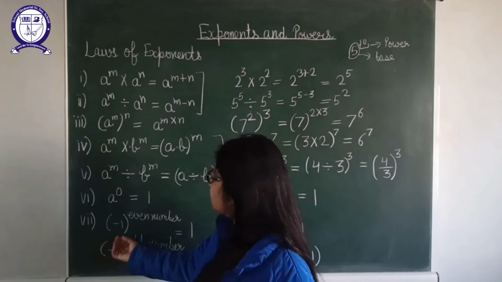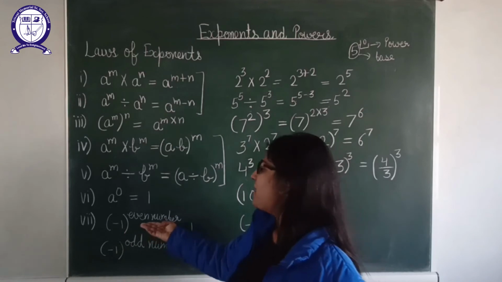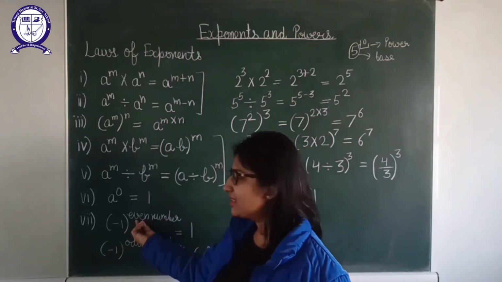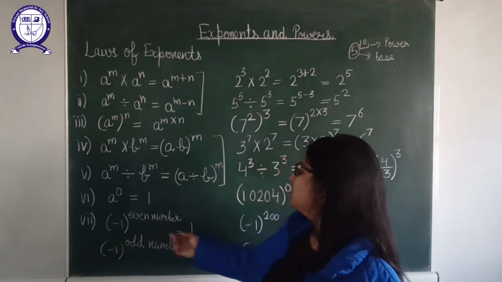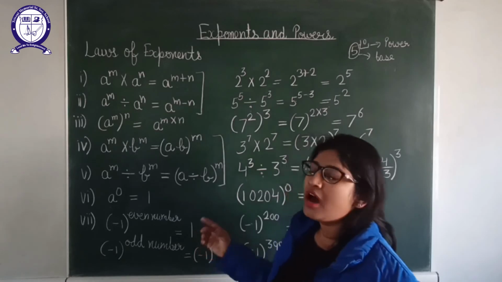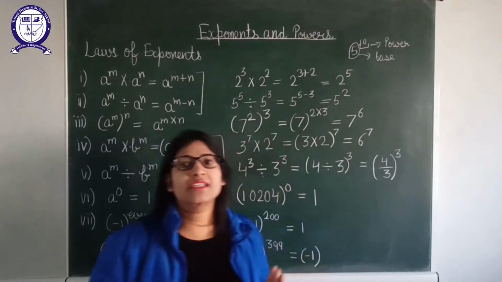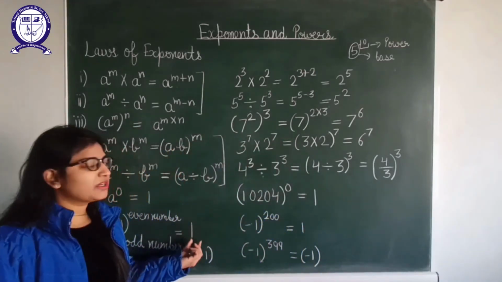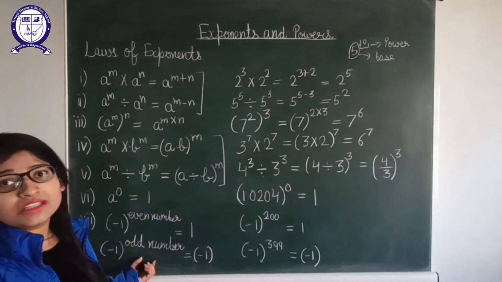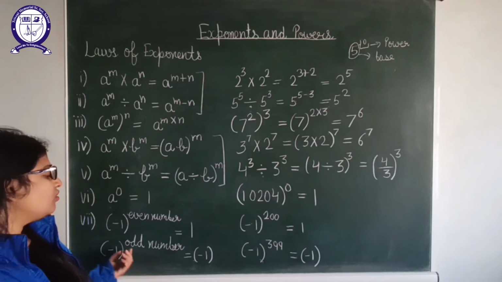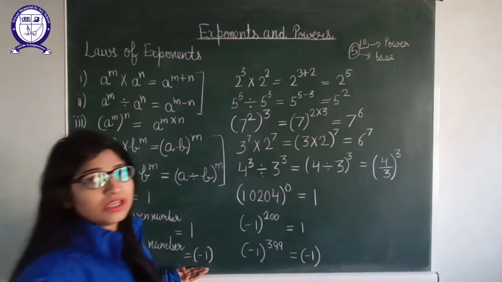Now the last one thing is, students, if a negative number is given to you and if the power is an even number, right? If a negative number is given to you and power is even, then the answer will be positive, right? How? You must know this thing that when in multiplication the negative sign is in even numbers, then the answer becomes positive, right? And in the other case, -1 and then an odd number is given to you, right? So when any odd number is given, it will remain negative. Answer will be negative, right?